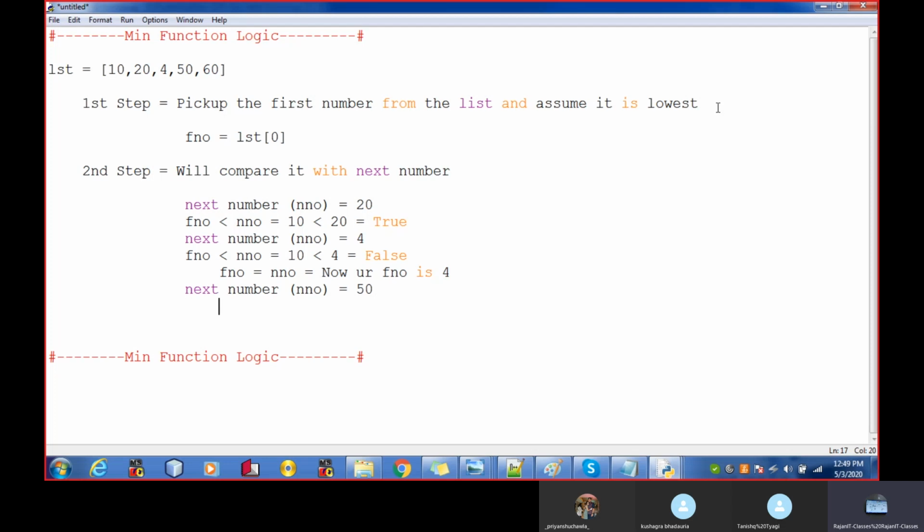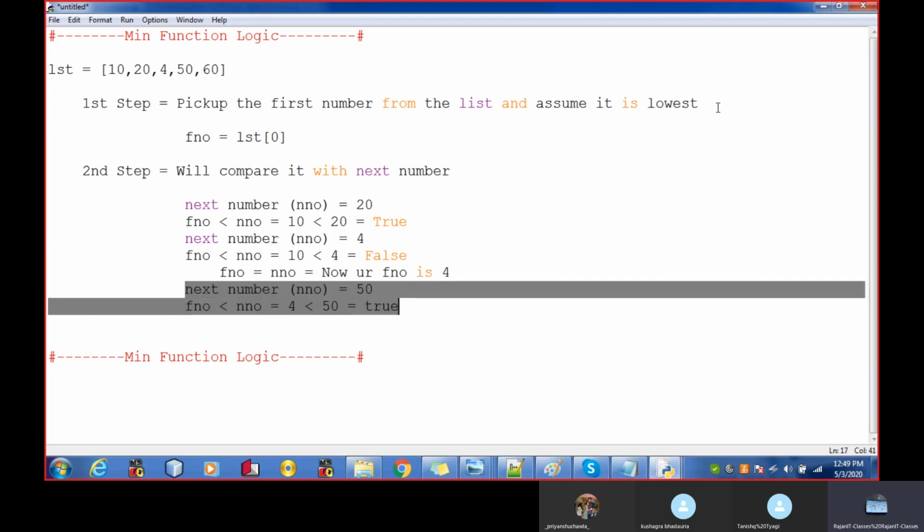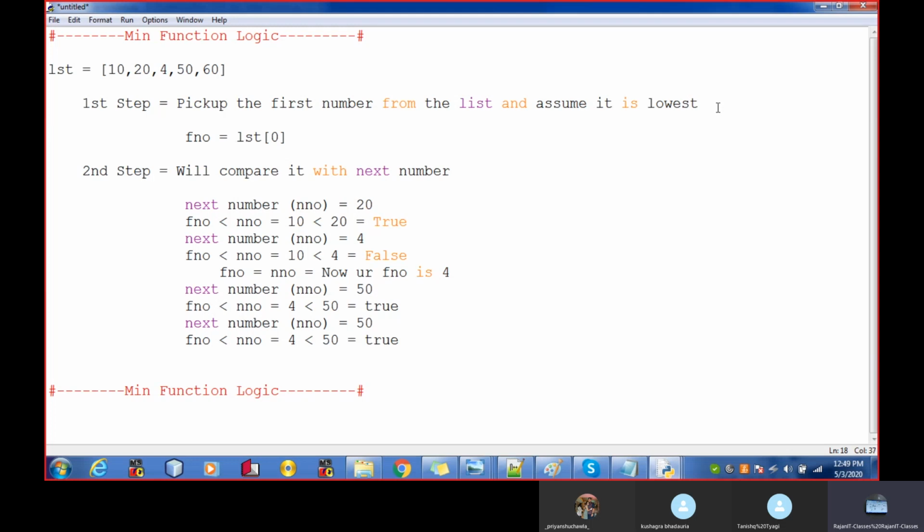We'll check again: is your first number less than the next number, is 4 less than 50? The condition is true. Similarly it happens for the other values, that is for 60, and here again it is true. So this thing is processed the second time, third time, now the fourth time.